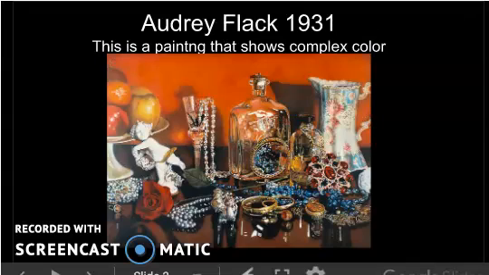Some of the great artists use color in ways that make us think that paintings are actually photographs. This is a painting that shows really complex and detailed use of color. Painting, when you understand it, is just about value, right? All color is really about understanding value and light and dark, and all the different